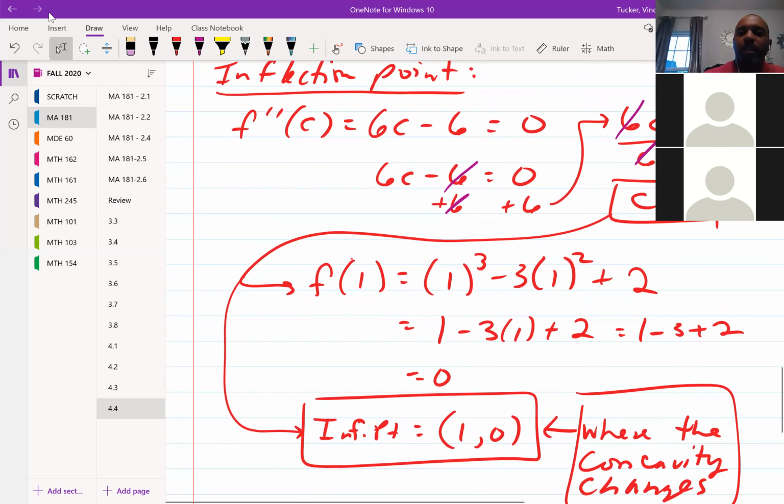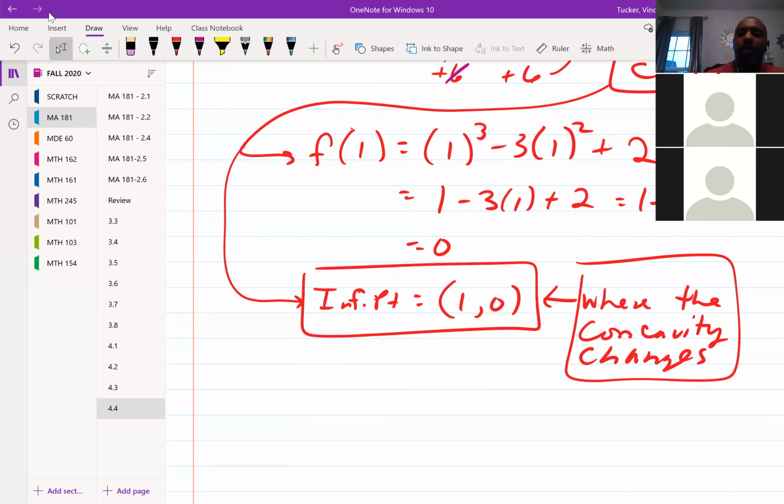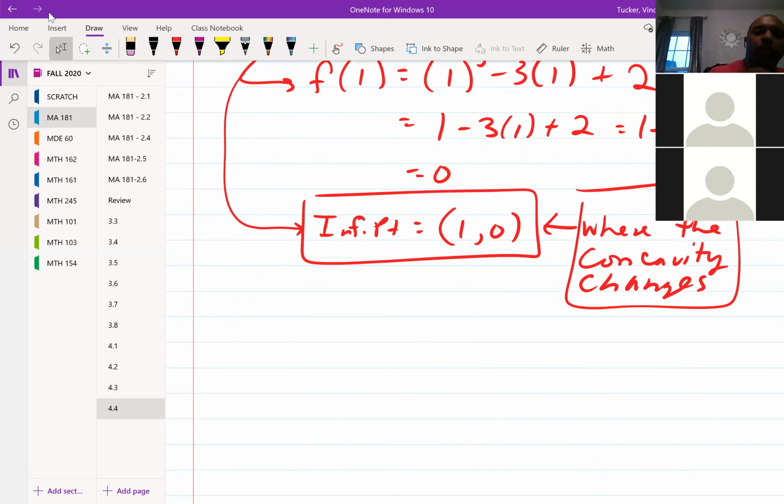All right. So now we know that's where it changes. When we look at that interval, talking about 1, we're looking at our x value. So we're going from negative infinity to 1, and then 1 to positive infinity. So if we set up our chart,